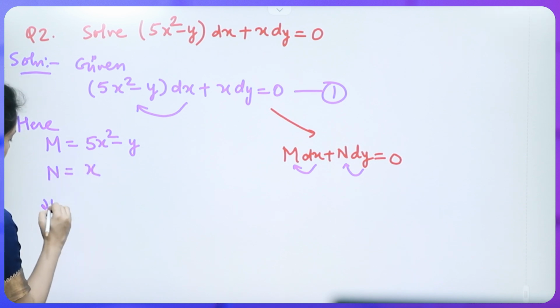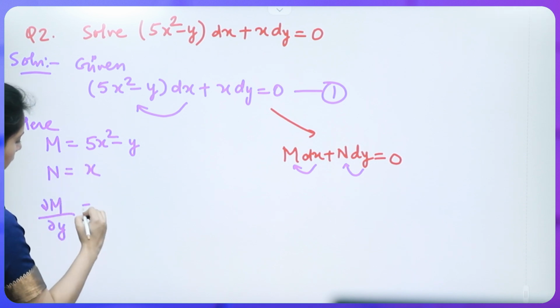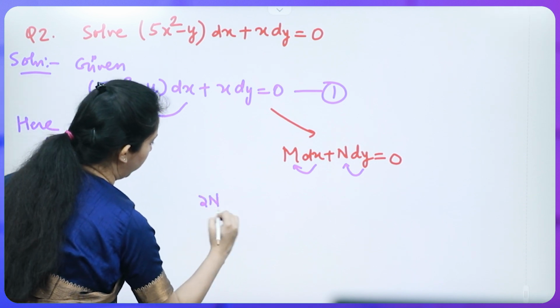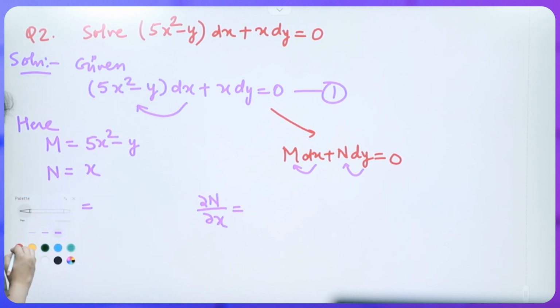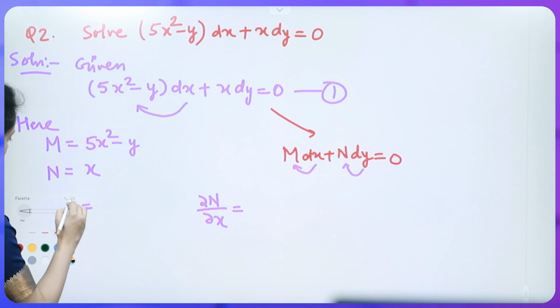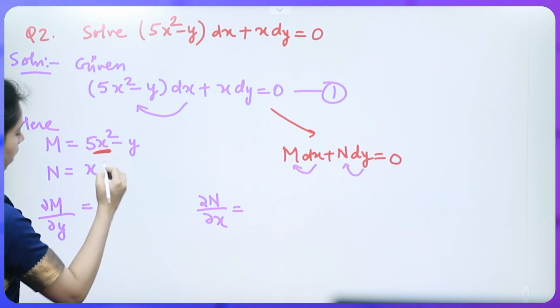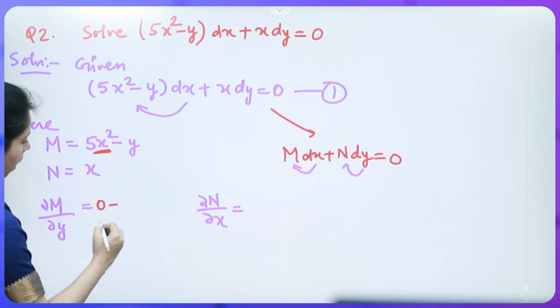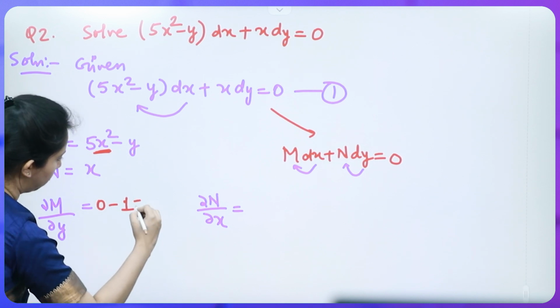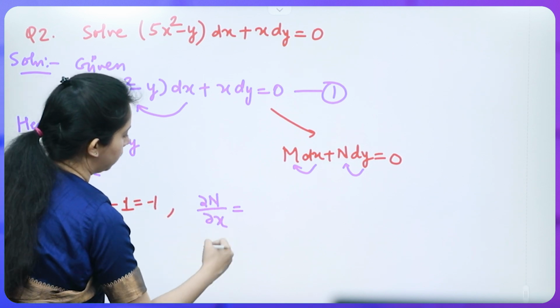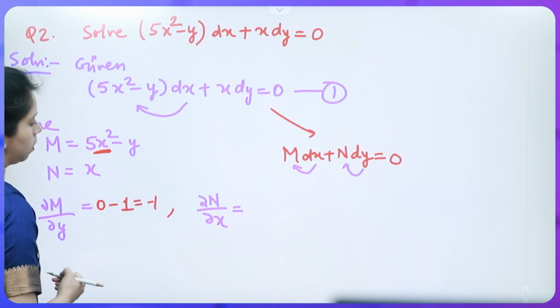So, next step is to differentiate m with respect to y and differentiate n with respect to x. So, while differentiating m with respect to y, we will get how much? This 5x square will become 0 and differentiation of minus y with respect to y will become minus 1. So, finally, we are getting the value as minus 1,